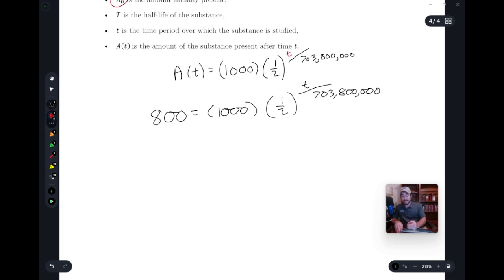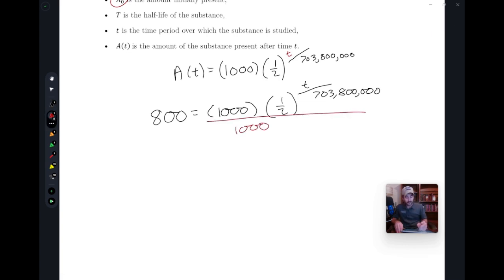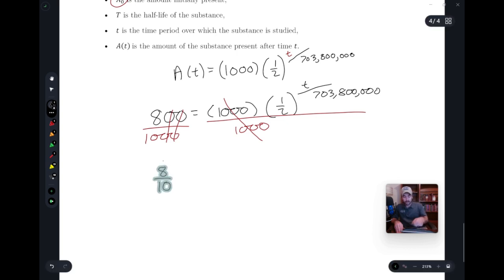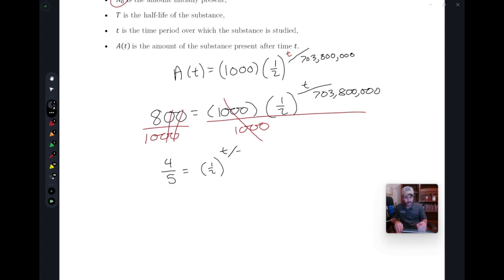And even though there's really big ugly numbers, the solve is exactly the same as we've been doing. First thing we need to do is take care of any coefficients or multiplications out front. So we're going to divide by that 1,000. Remember, we can't divide by this 1/2 because it's attached to an exponent. And you have to take care of exponents before you do any division or multiplication because it's attached to a variable, it stays there, and we have to log it out. So we move that 1,000 over. 2 of the zeros go away, and we're left with 8 over 10, which we could definitely reduce by dividing by 2. You get 4 over 5 equals 1 over 2 raised to the t to the